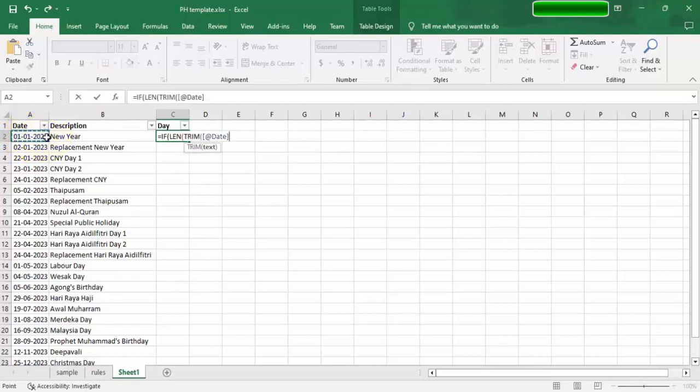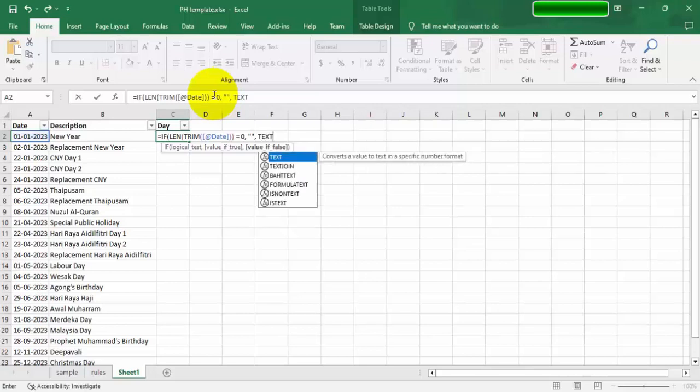If it's equal to 0, then I will just leave it empty. Otherwise, I'm going to convert it to the text of, I can use either this date, or I can use